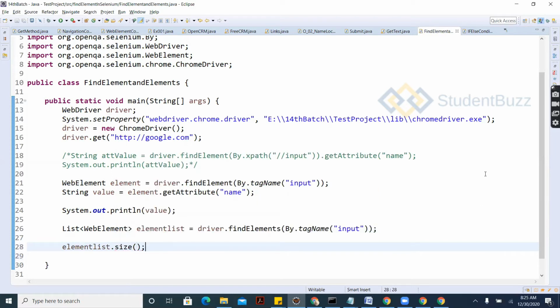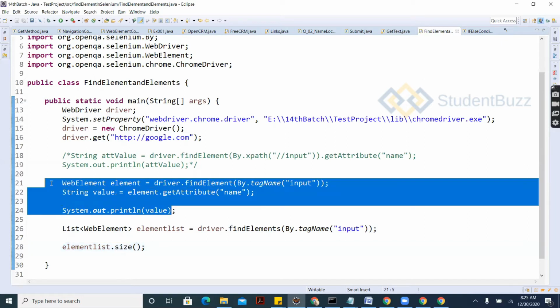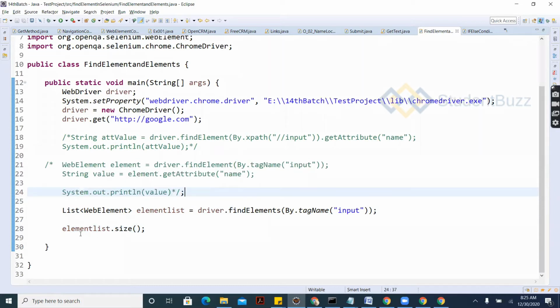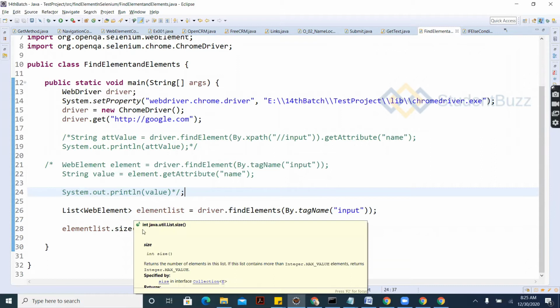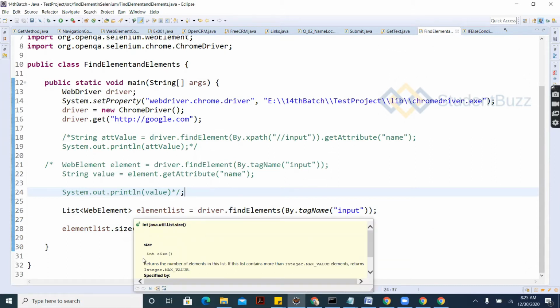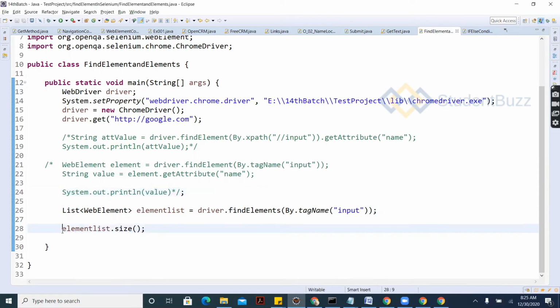In essence, it is going to find how many elements there are in that particular page. So size is going to return an int. The return type of size is int. So you can store it into an int: int size is equal to elements.size. It is going to give you some number.